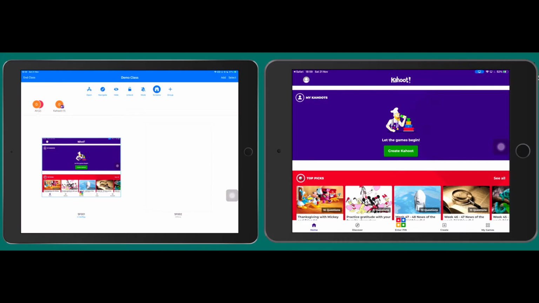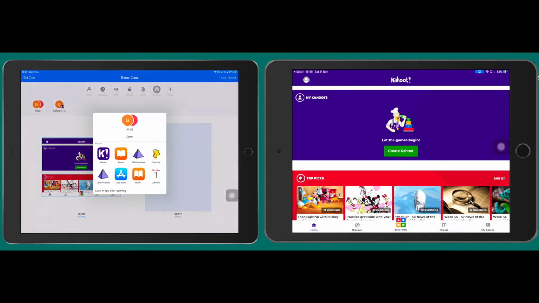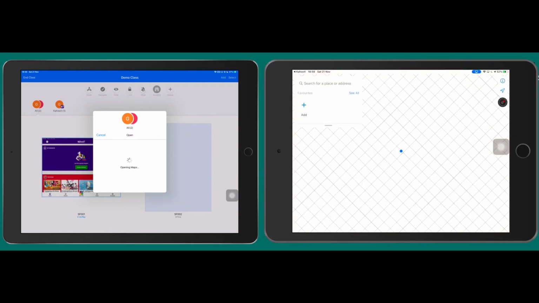And now I can do something else. I can decide I want them to go into something else, and this time I'm not going to lock them in. I could send them to maps, for example, and choose maps. It is going to open apps and maps and then take the student to maps